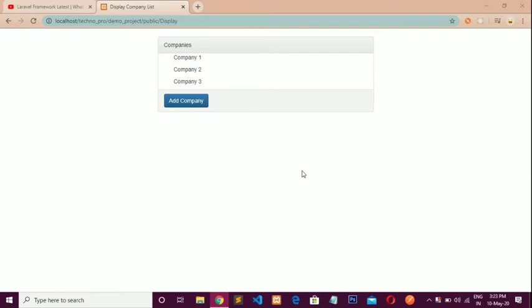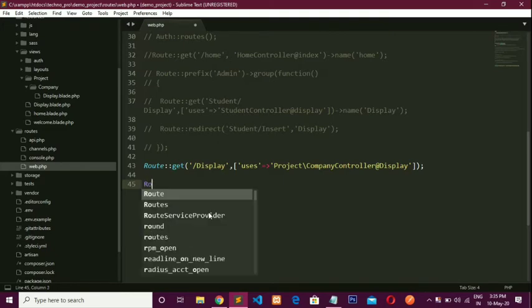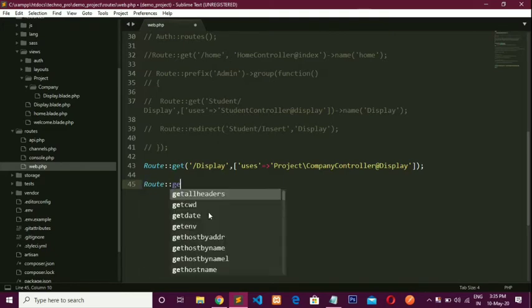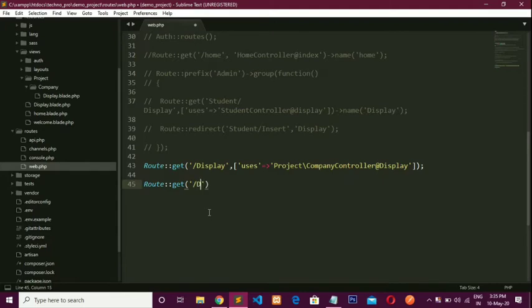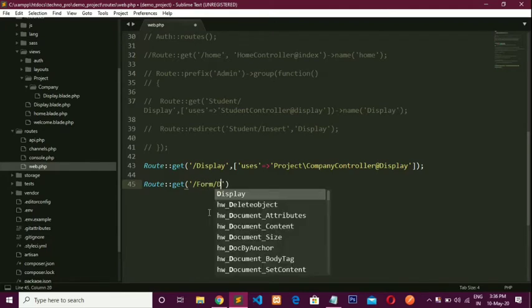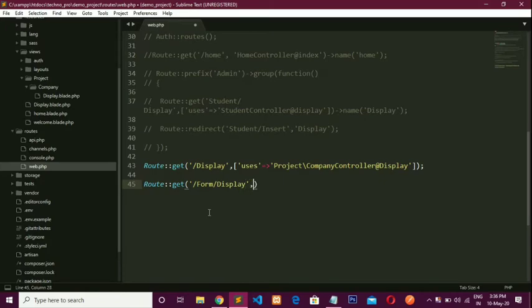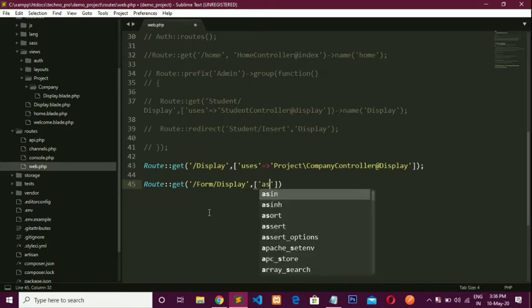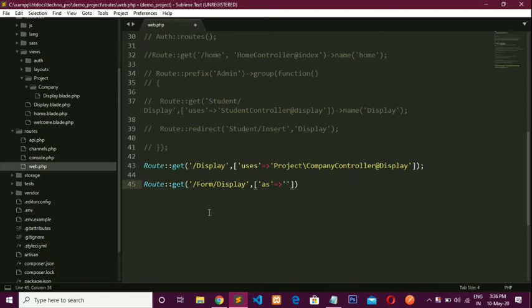Okay, so let's start. I want that when I click on this Add Company button, it redirects me to one form. For inserting the company, open the Sublime Text editor and first define one route. For that, Route::get, form-display slash. The second parameter is an array, first is as, meaning whatever name I pass here, I can use in other layer files.